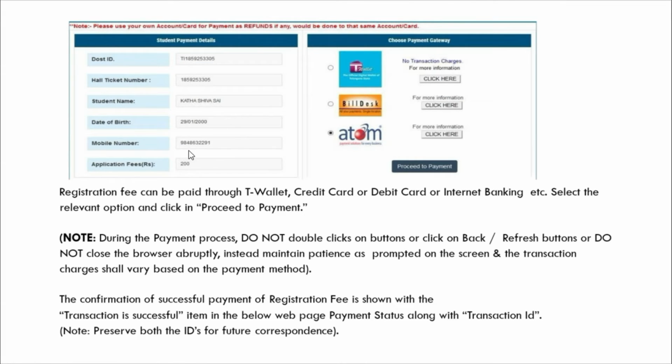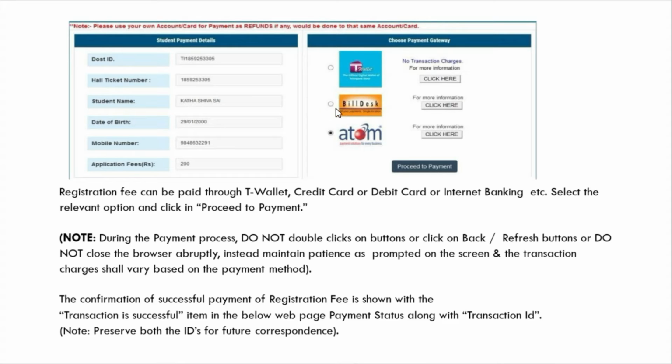When you are seeing that, you enter the details. I've just entered an example for you all to understand. This is an example only, please do not take the values over here. Do not worry about the ID. Since you have logged in, you will have the ID and the hall ticket. Please check that the name is correctly shown, and it will show you the processing fee, that is 200 rupees.